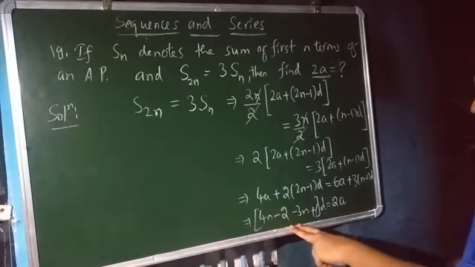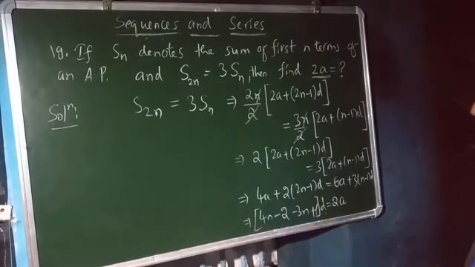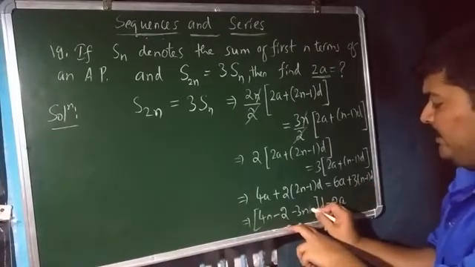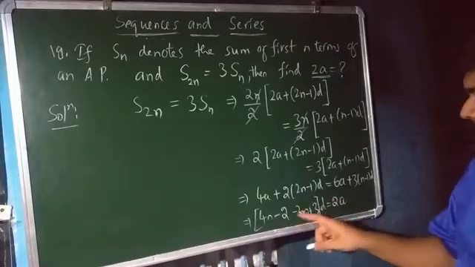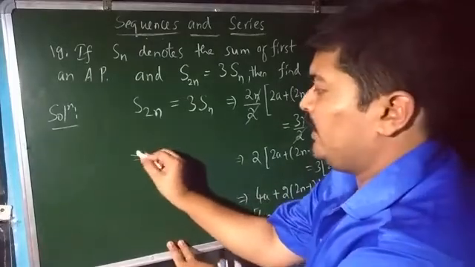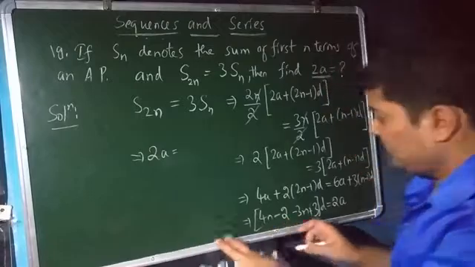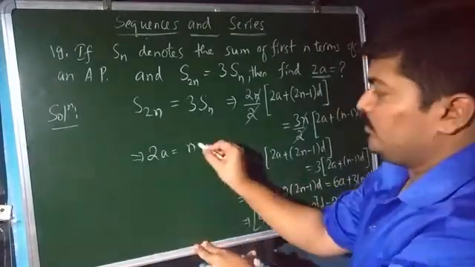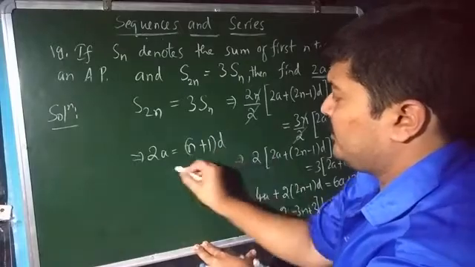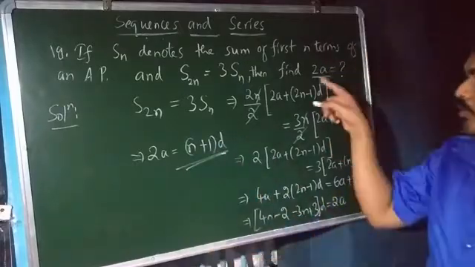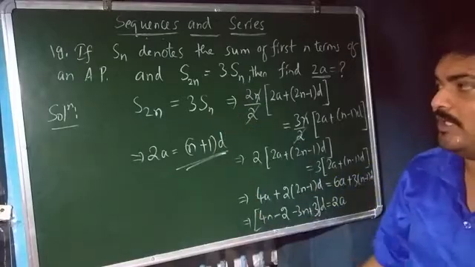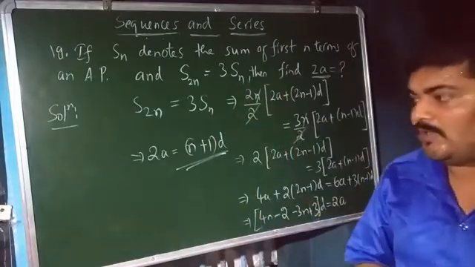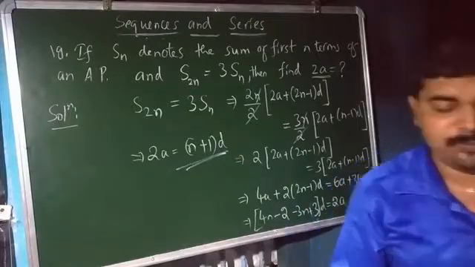I hope all of you can understand the solution up to here, isn't it? Here 3 is multiplied inside, that is plus 3. Now see here, this one is the expression for 2a. It implies 2a must be equal to 4n minus 3n, that is n, 3 minus 2, that is plus 1, into b. This one is the expression for 2a if this condition is holding for the particular AP. I hope all of you can understand the solution of this particular basic problem.